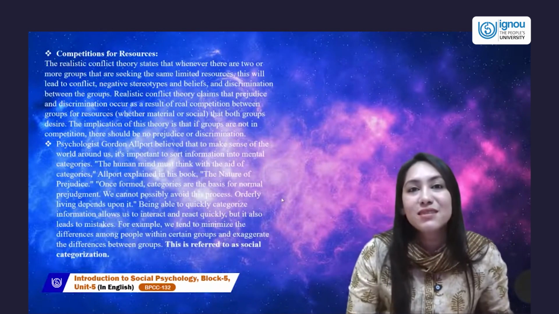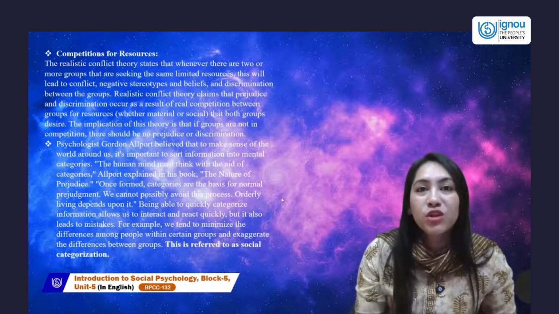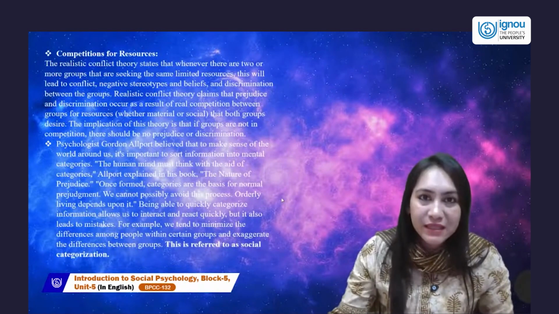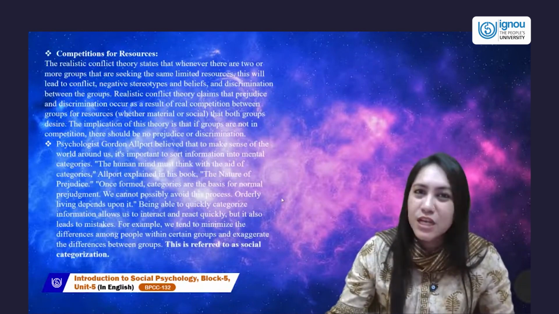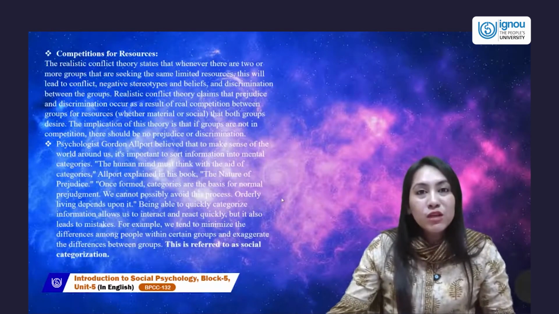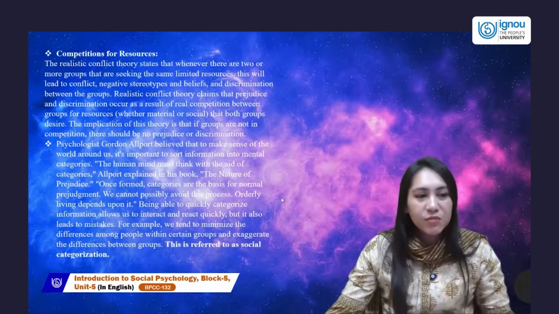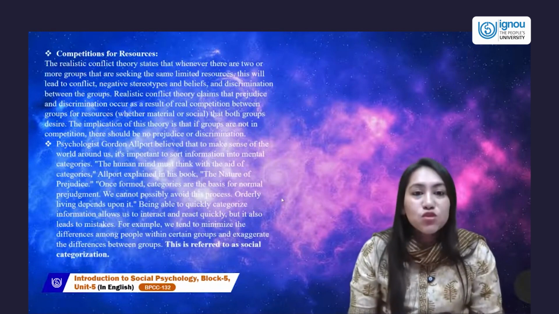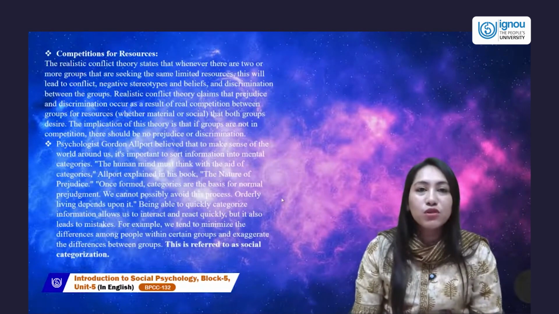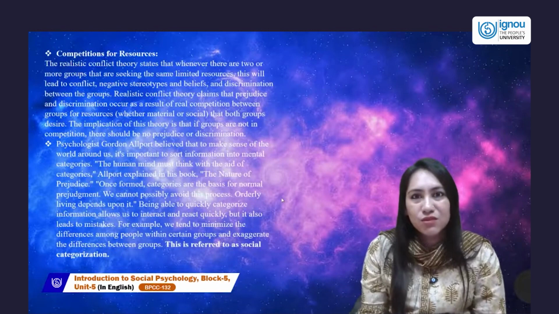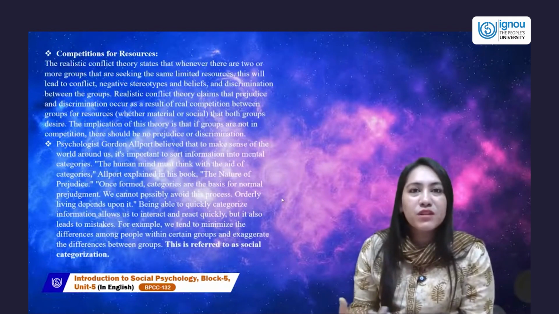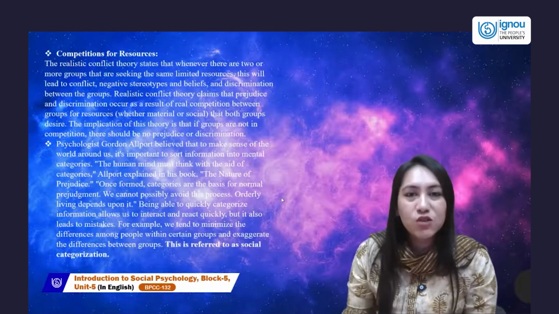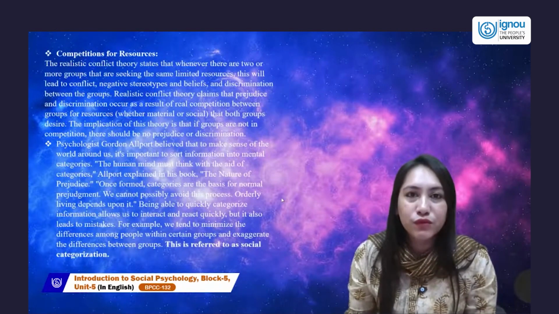And that's the reason we come down to the first one. To safeguard our self-esteem, we probably belittle the other person, label them with some sort of stereotypical idea that could lead to prejudice which is negative in nature. Then also psychologist Gordon Allport believed that to make sense of the world around us, it is important to sort things into mental categories, which is very true. Before you go to an event, you want to categorize what you will do in that event. So what are you doing? You are trying to make more sense out of your mind.